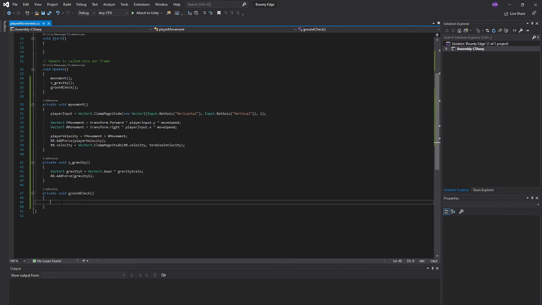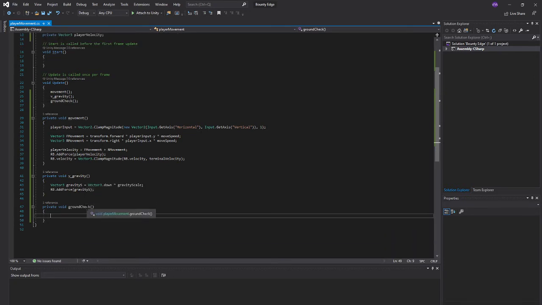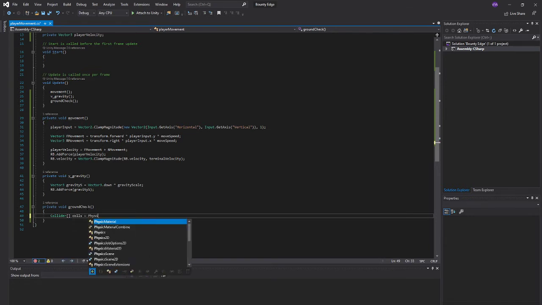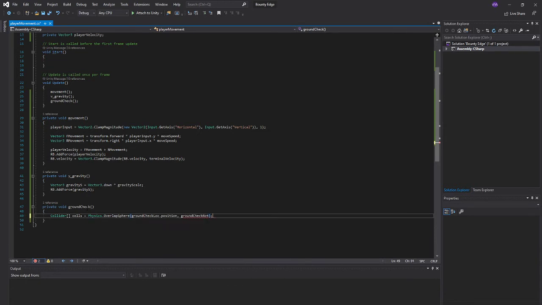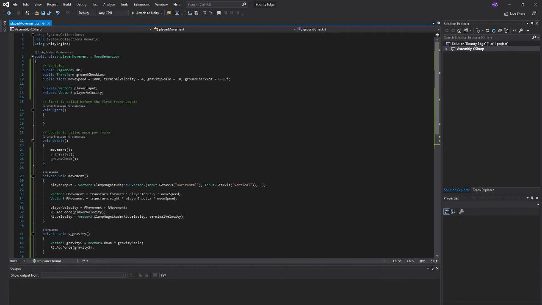Alright, with ground check we need to do this. So we need a collider. I'm going to call this calls. We're going to set this to Physics.OverlapSphere, and this is going to be groundCheck.position, groundCheckRot, and we're going to make a new public bool